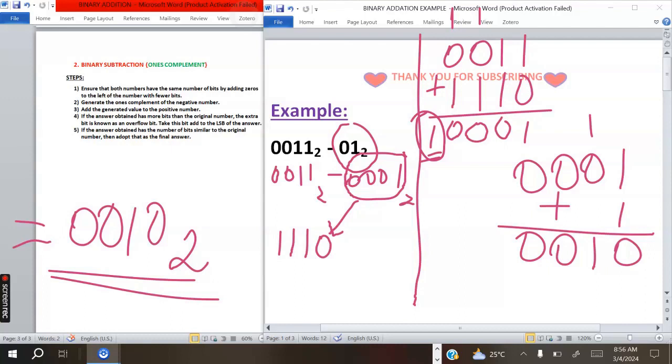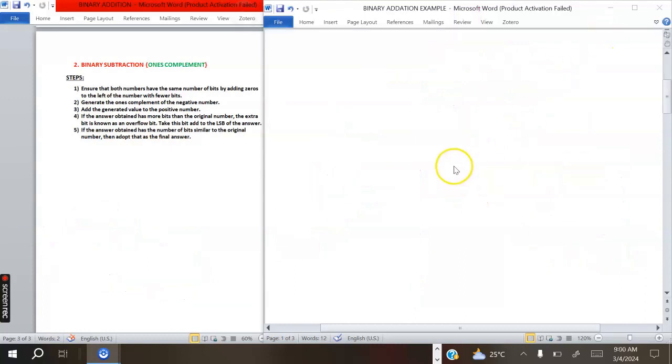I hope it's that simple and very clear. As long as you are able to follow the steps from step 1 all the way to the last step, you will find that the answer will be correct. We will also come to another scenario whereby the answer obtained will have similar bits as the original number. Therefore, the answer that you get will be the final answer. Okay, let's move to another scenario for practice purposes,